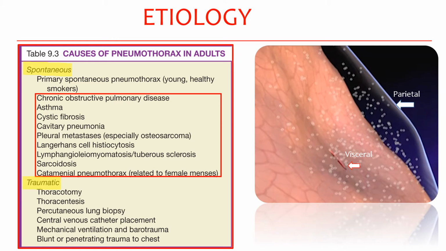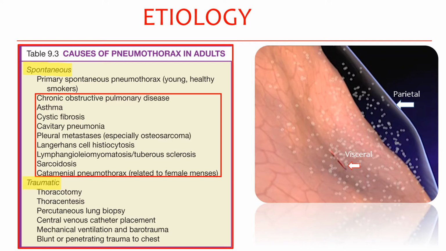Now, I was talking about primary and secondary pneumothoraces, and spontaneous pneumothoraces and traumatic pneumothoraces are also another form of classifying. So, spontaneous is primary spontaneous, which I just told you, and there is a secondary spontaneous, which I told you, and these are some of the diseases which are associated with it. And then there is a traumatic pneumothorax, which occurs when you do some procedure or due to trauma.